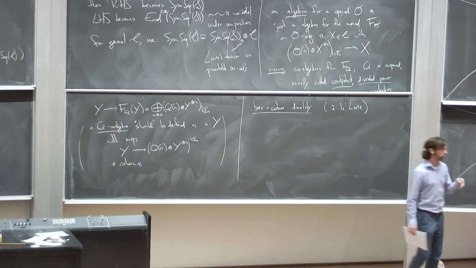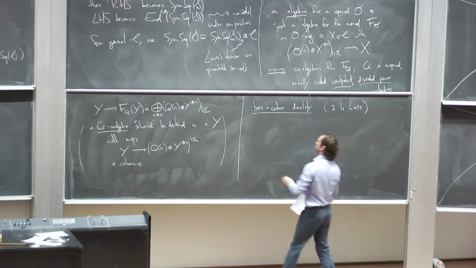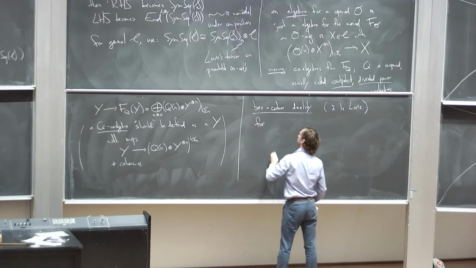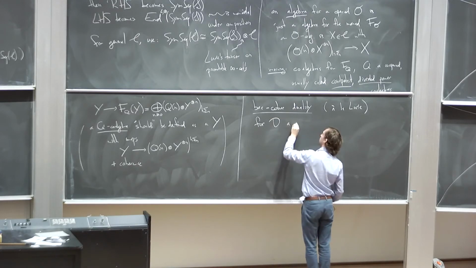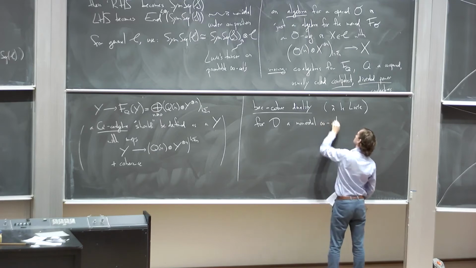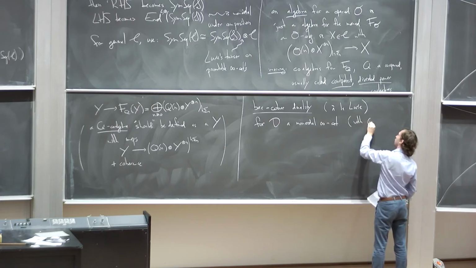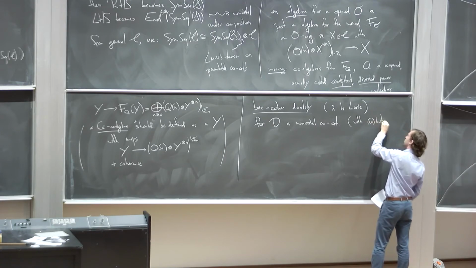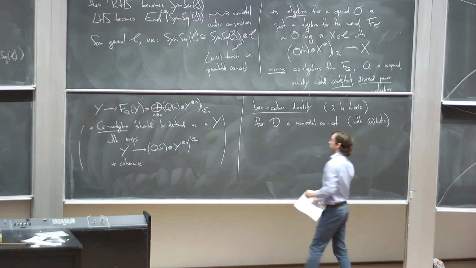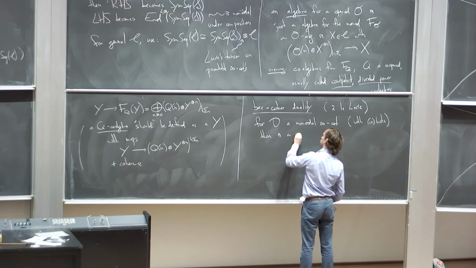Bar-Cobar duality classically was invented and created in the DG context, but we want something a bit more general here. It turns out that Bar-Cobar duality is extremely general. So for D, just any monoidal infinity category, and maybe let's assume it has limits and colimits, you can be a bit more precise about what you need precisely, but there's always an adjoint pair of the following kind. So there is an adjunction